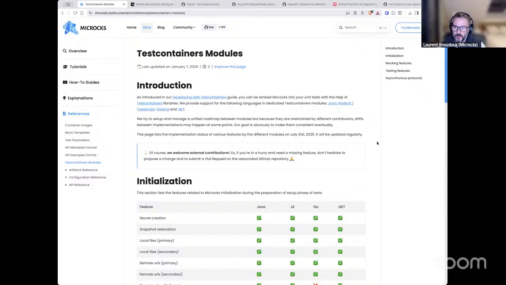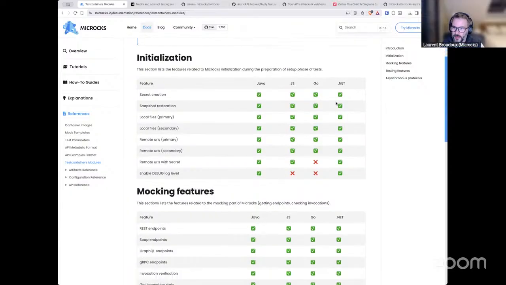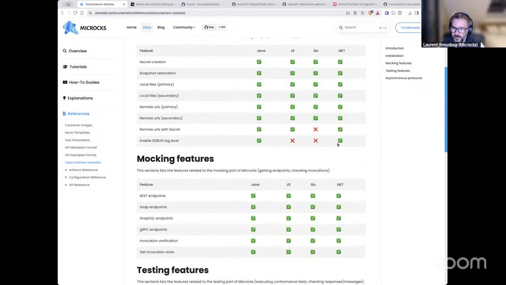And just to summarize what Sebastian is doing, maybe one thing we can go back to is this reference documentation of the different features that are implemented in the Testcontainers modules. We updated this page a few weeks ago, and you can see that now the .NET column, the .NET module managed by Sebastian, is actually in feature parity with all the others.